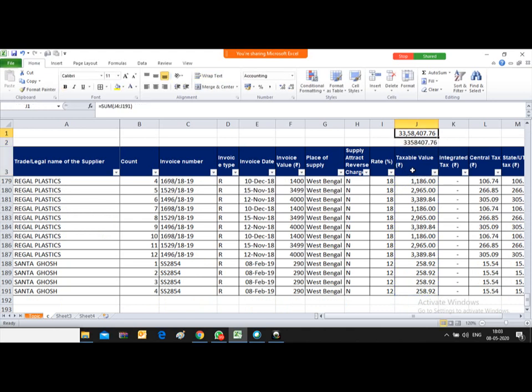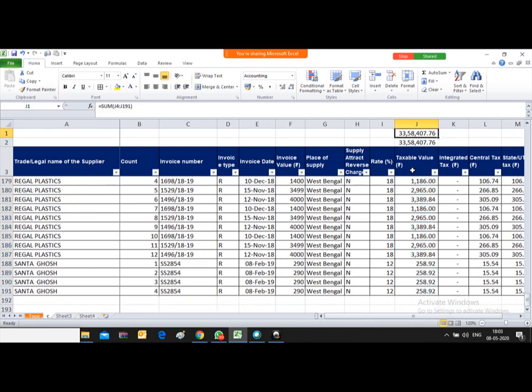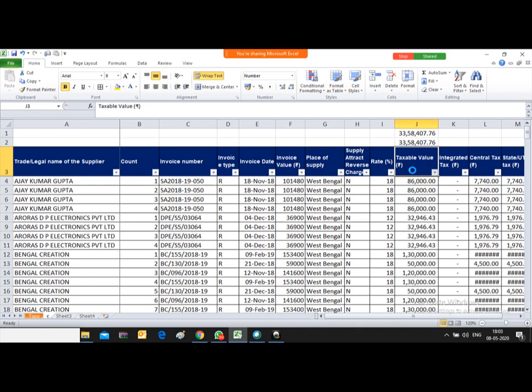Here the total is coming the same because all the rows are unfiltered and all the cells are visible. So now I will filter a few of them. For example, I will filter a few parties. Just a moment friends, my sheet is not responding.